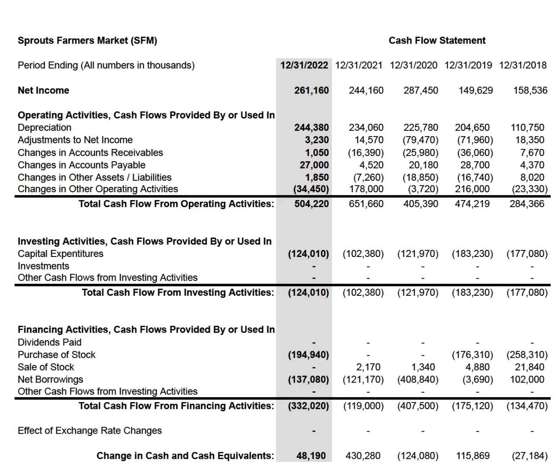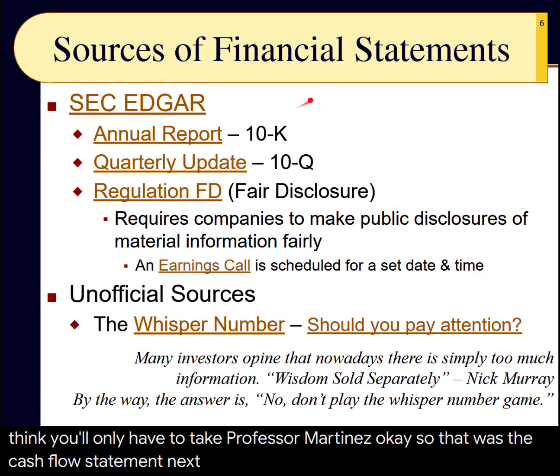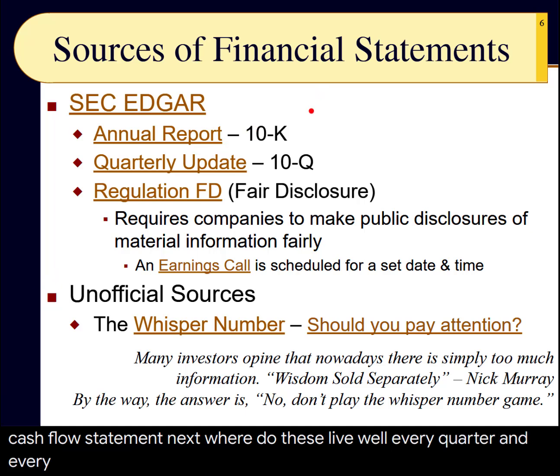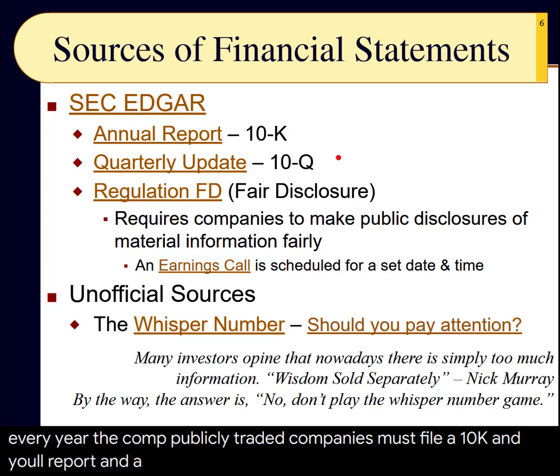Okay, so that was the cash flow statement. Next, where do these live? Well, every quarter and every year, the publicly traded companies must file a 10K annual report and a 10Q quarterly